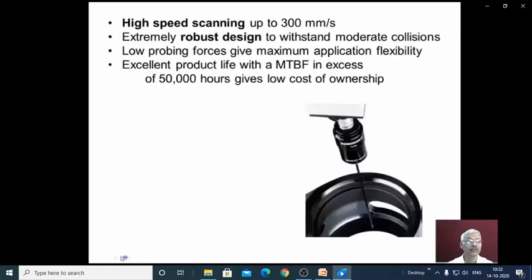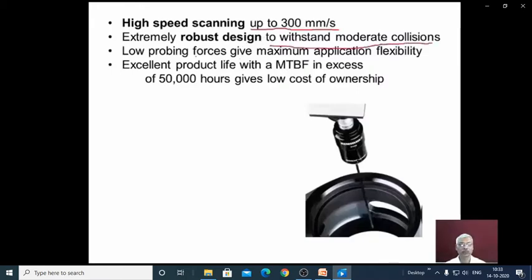Very high speed scanning is possible with advanced scanning probes, which can sense at the rate of 300 millimeter per second. An extremely robust design to withstand moderate collisions.